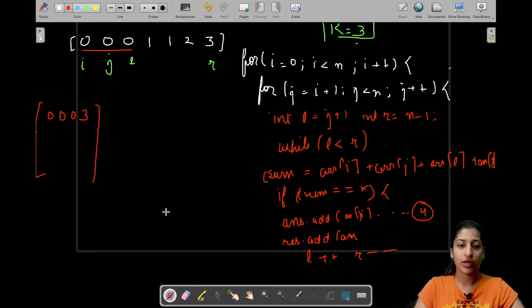Now my left pointer will be moved from here to here, right? And since I got this as an answer, the right will also be moved from here to here. Now what? Now check the sum: 0 0 1 2. So this is also one quadruple, 0 0 1 2, which I will be adding to